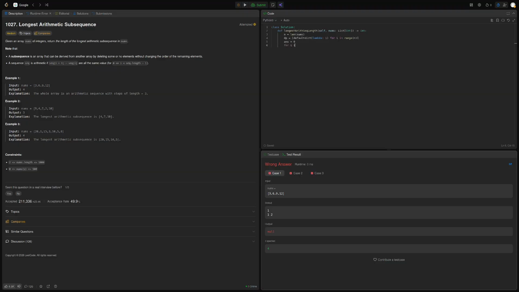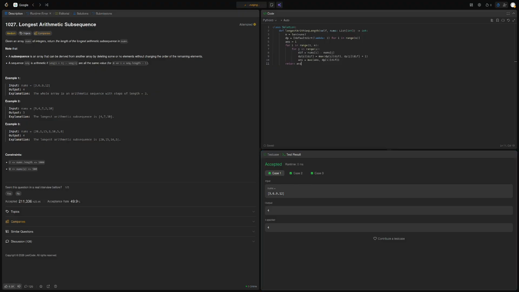And then dp[i][j] is the max, so k, so diff, nums[i] minus nums[j], and then dp[i][diff], and then okay, so that was pretty easy,